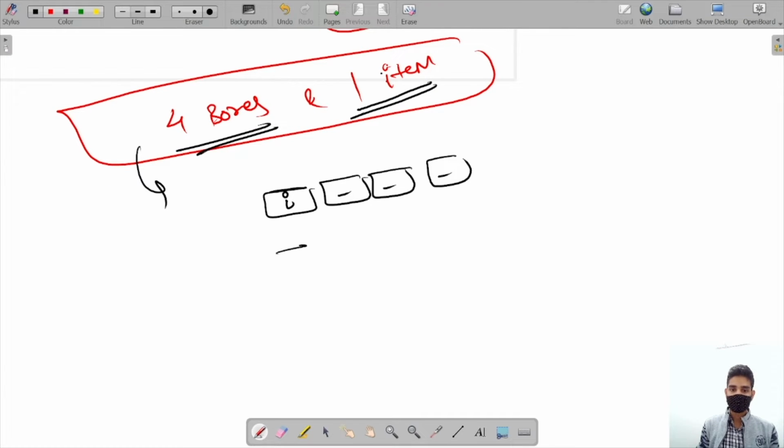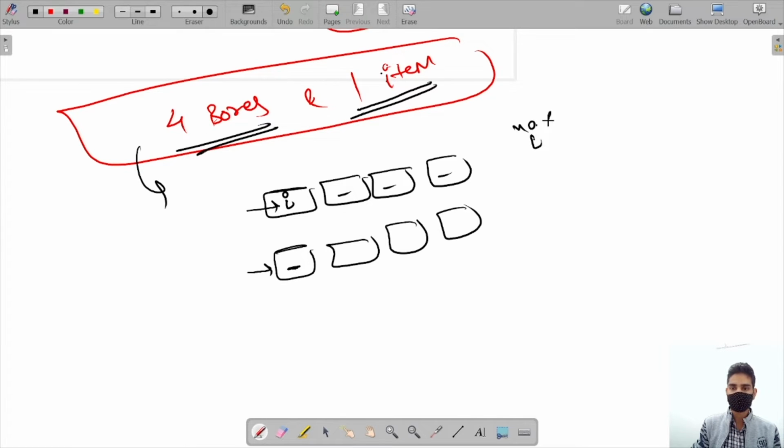Second combination: I will say that I will not sit here, I will sit in the box next to my current box. So I sit here, and the other two remain empty.